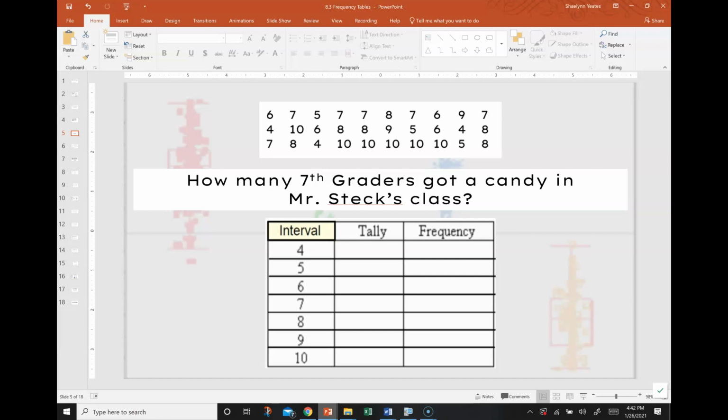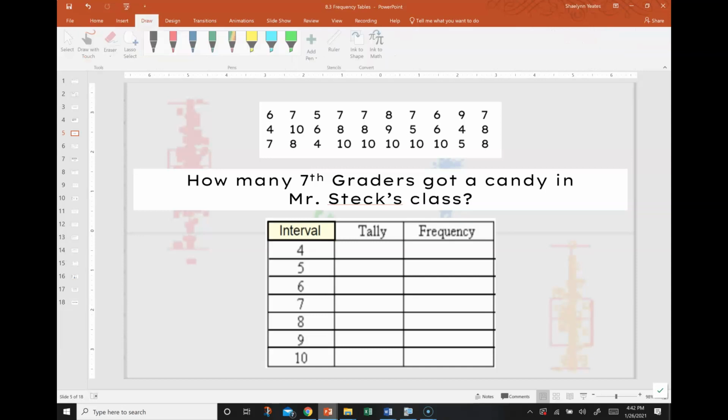So we're going to make a frequency table of how many 7th graders got a candy in Mr. Steck's class. Okay, so first, our interval is just the number 4, so we're only looking for the 4s. Then 5, 6, 7, 8, 9, 10. So 6 means it's going to go here, 7, then a 5, then 2 7s, then an 8, and a